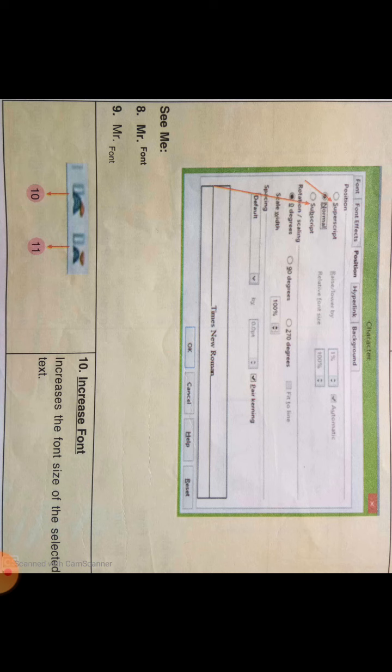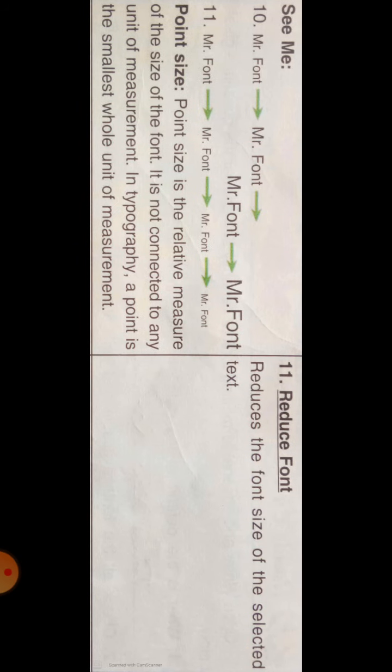Tool 10, increase font size. This tool increases the font size of the selected text. Tool 11, reduces font size of the selected text as shown in the left side.